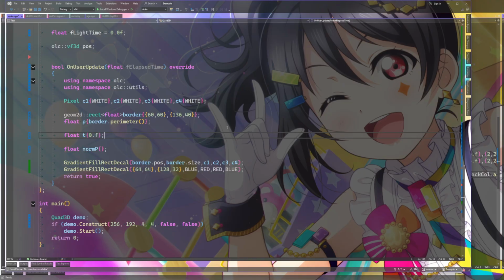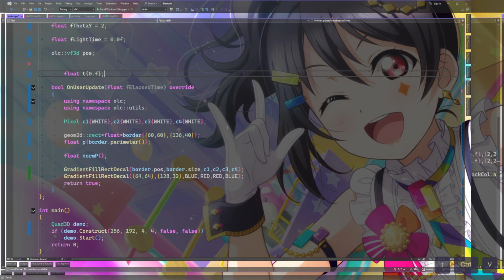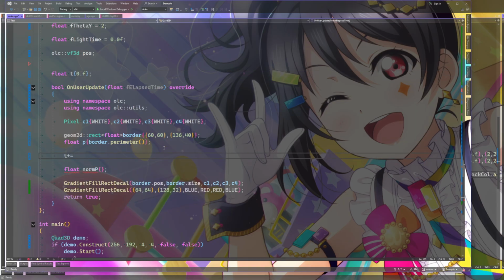Starts at 0, and we're going to increment it over time. So let's say t plus equals, let's go add like 0.5 per second, like so. So we normalize p by doing t divided by p. T maximizes or reaches 1 and then resets. Or we just loop it here. We can fmod it. That's another option.